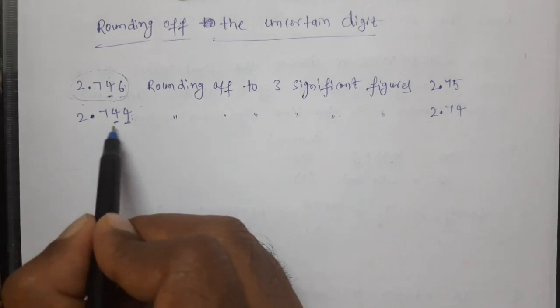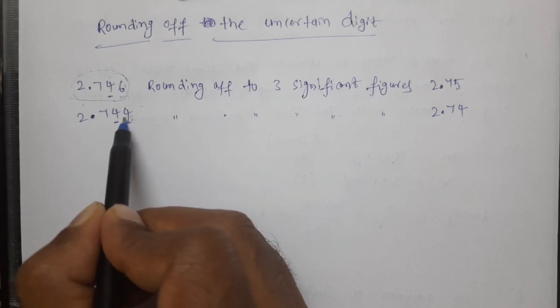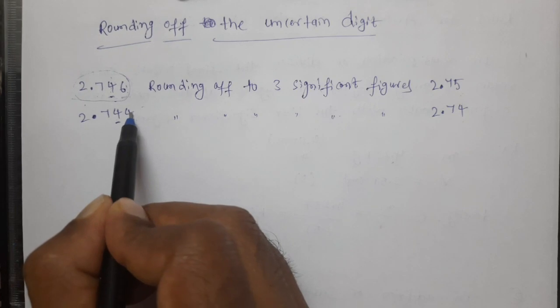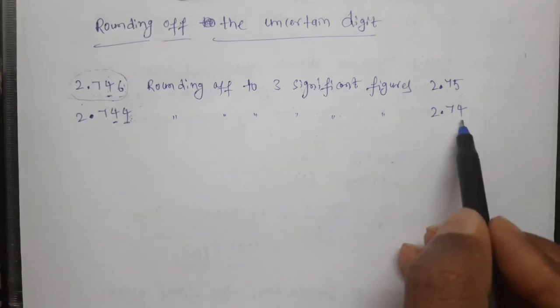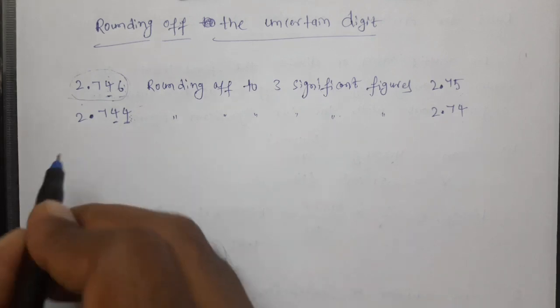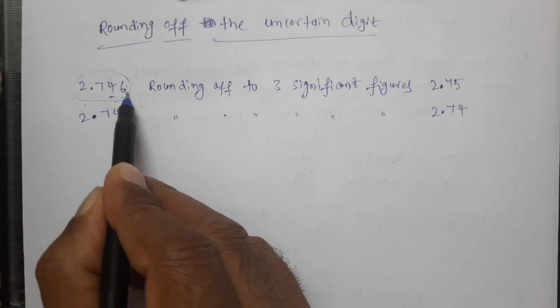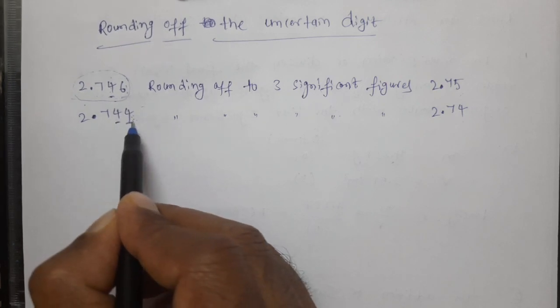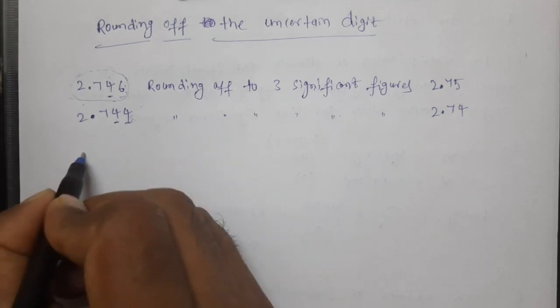And if it is 2.744, whether this digit may be 4, maybe 3, maybe 2, maybe 1, for all the values from 1 to 4, we can directly omit the number. We write the remaining 3 digits like this, 2.74. Now, here are the two cases. This case is for when the fourth digit is more than 5, and this case is for when the fourth digit is less than 5. Now let us see what happens when the fourth digit is exactly 5.